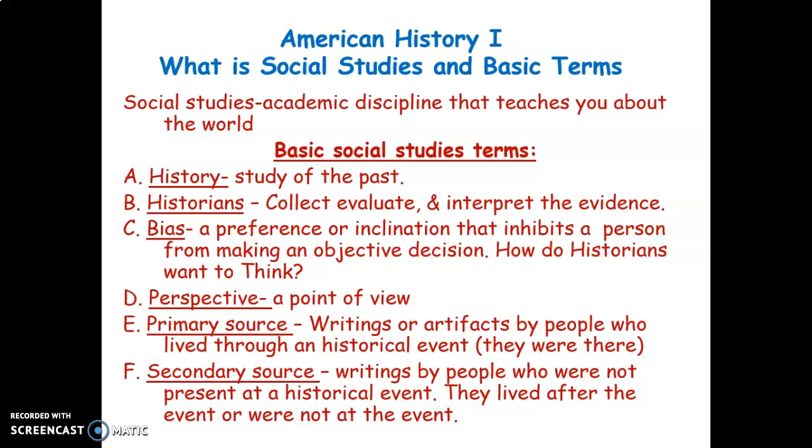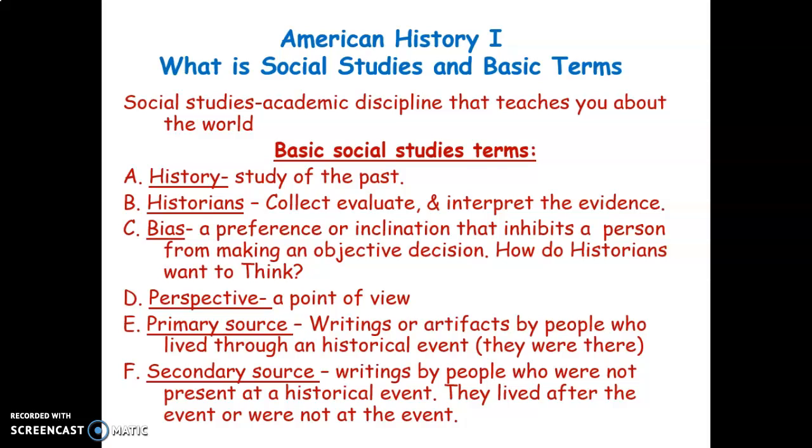Primary source. These are writings or artifacts by people who actually lived through a historical event. Think of it as they were there. A primary source would be something like a diary or an autobiography. It would be something written by somebody who was there. Think of Anne Frank. You guys have probably read her. Think about any autobiography written by a person who lived through an event or their life. So they actually were at the event, they lived through it, and they wrote it down,